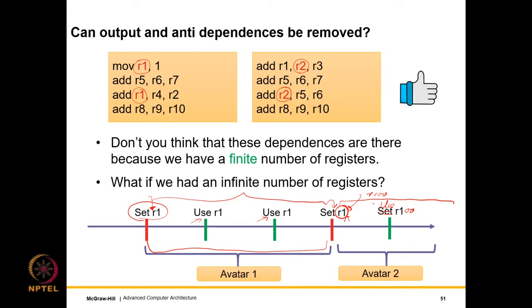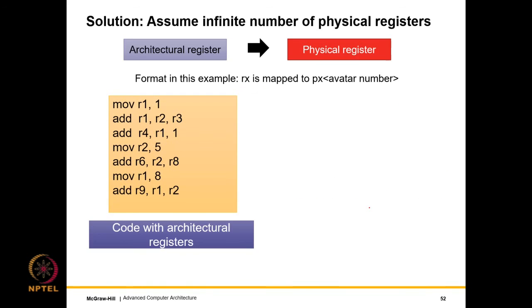So this process of actually taking a register and renaming it to another register is known by the word renaming, right? And as you can see, what renaming does is that for each avatar of a register, it assigns it a different register, right? So we will see the advantages of renaming very soon. So let us see what it does.